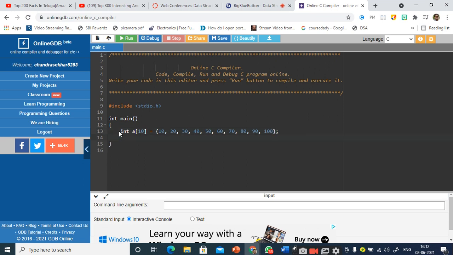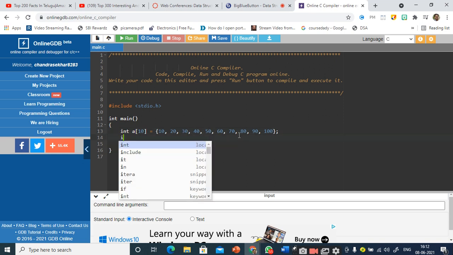So what are the values stored inside this array a? Integer values, sir. So what is a of 1? 20, sir. 20. a of 5? 60, sir. Super.